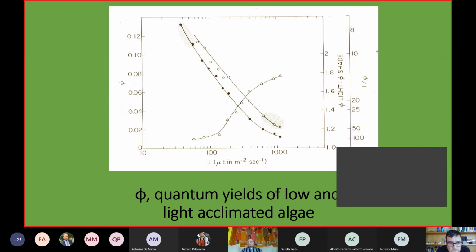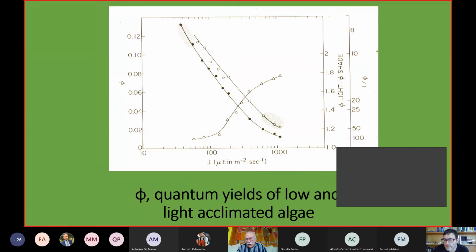And it is very simple. You need 4 electrons from water to oxygen, and these are emitted in 2 photoprocesses, photosystem 2 and photosystem 1. It doesn't matter, it's not a course in photobiology. But you need at least, you cannot do it with less, 8 photons. And you really see that algae acclimated to low light work at the absolute physical highest efficiency possible.